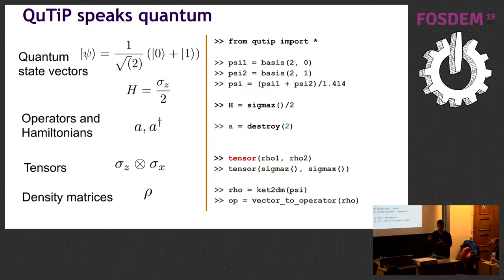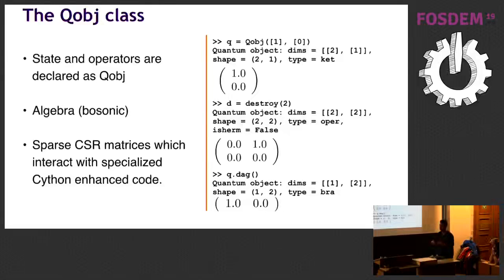You can build up operators which act on these state vectors and change them in some way. You can even build up higher order tensors, density matrices, and work with them. And the code to do it is simple. You import all the functions and you just declare your objects, which can be a Hamiltonian, a destruction operator. You can make tensors between different objects. And you can also do some conversions from vectors to operators, operators to vectors, from states to density matrices, and so on. So fundamentally, QuTiP gives you all the tools you need to build quantum systems and study them.